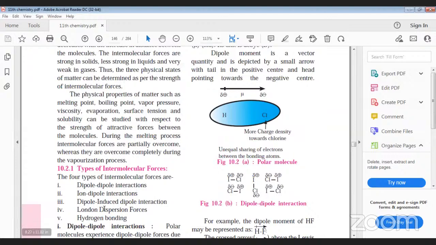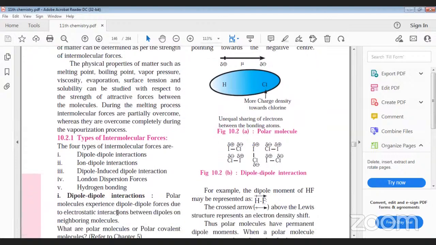So now let's start with the first, dipole-dipole interaction. What does this word mean? That first we will understand. Students, you might have heard about pole. Have you heard about polar molecules? If you have not heard, I'll explain. See, when we say pole,